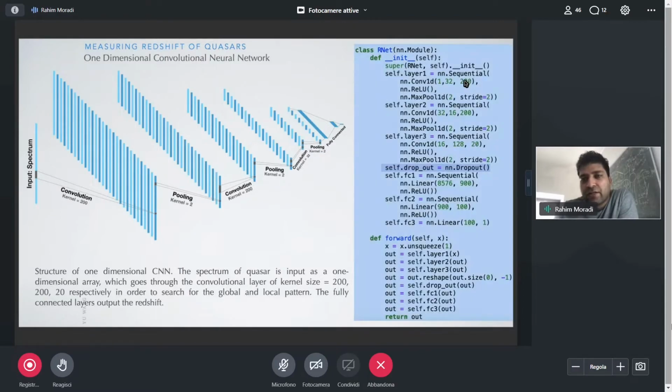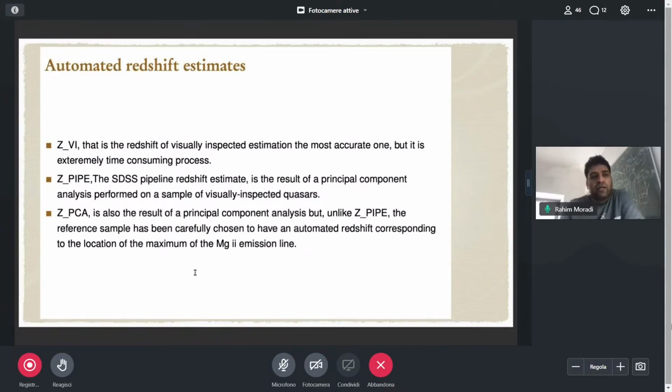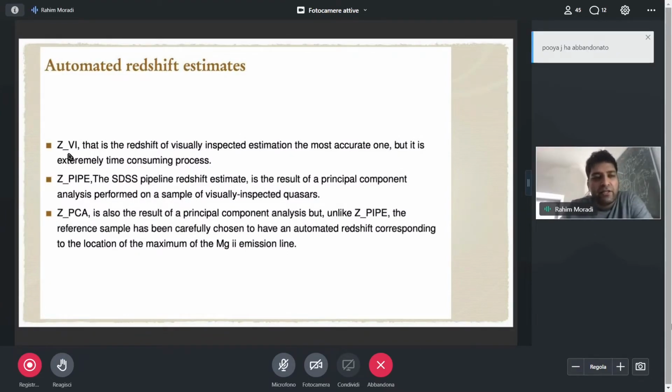Here, one kernel size is 200, it finds the global patterns, and one kernel size is 20, it finds the local patterns. Maybe this 20 is responsible for finding the emission lines, and this 200 for their shifting because of the redshift and other values. We don't know exactly. For the redshift in the SDSS, there are many redshifts reported. The visually inspected one is the most reliable, which we should use, but today we use a pipeline redshift,